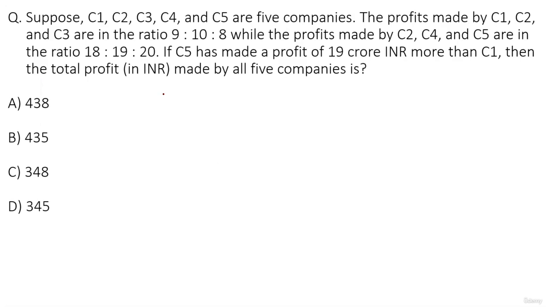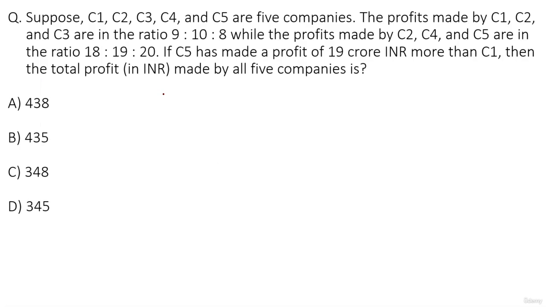Suppose C1 to C5 are 5 companies. Okay, profits made by C1, C2, and C3 are in the ratio 9 is to 10 is to 8. And the profits made by C2, C4, and C5, they are in the ratio 18 is to 19 is to 20. Okay, if C5 has made a profit of 19 crore more than C1, then the total profit made by